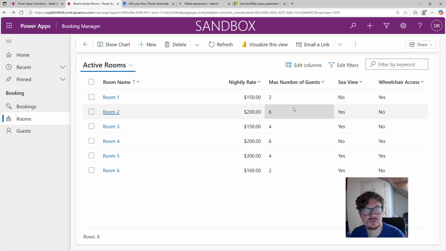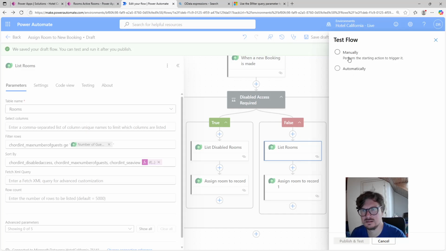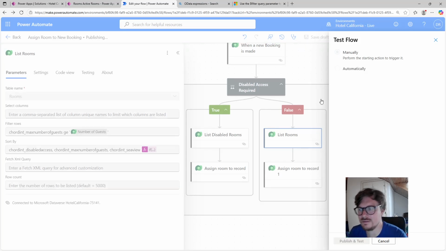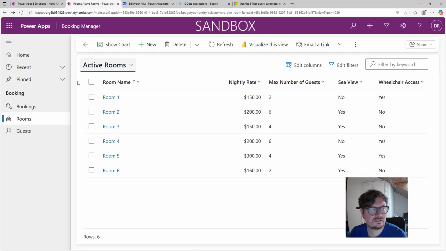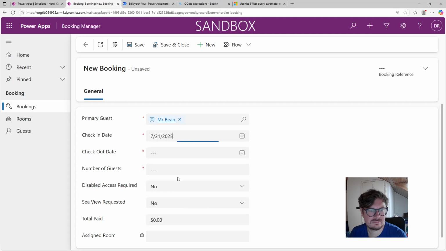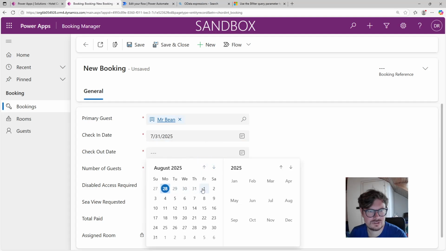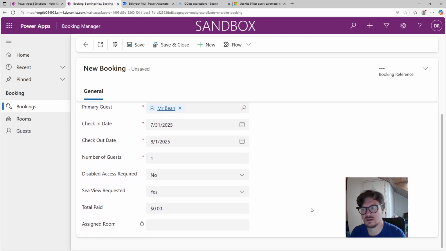So I'm going to create a new booking. Let me just test it manually. Wait for the circle to appear. Let's create a booking. Mr. Bean again. Check in date, check out date August. Number of guests is one guest. Disabled access required: no. So if this goes well, we want it to assign room 6. So if we go save and close,